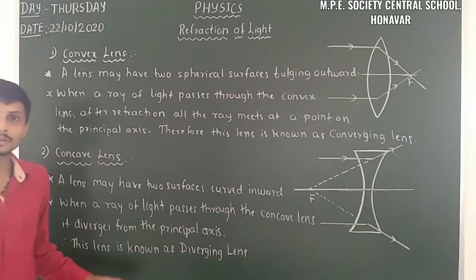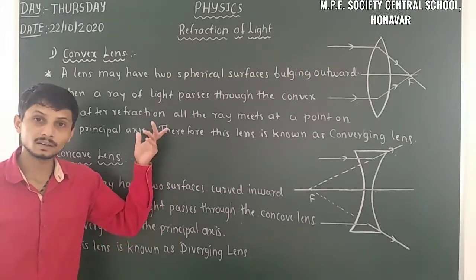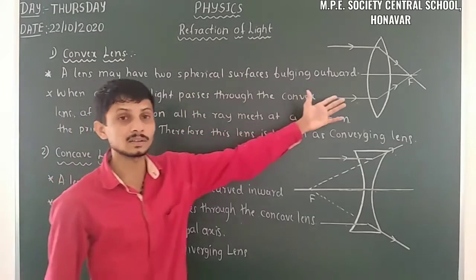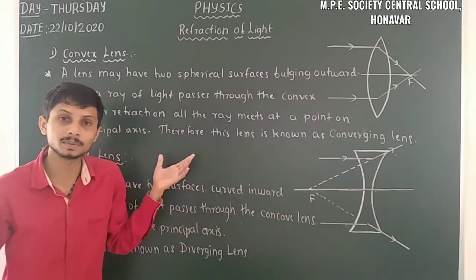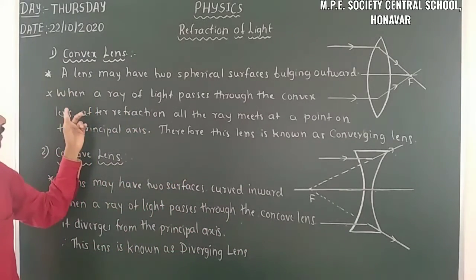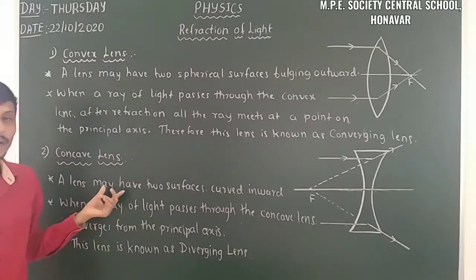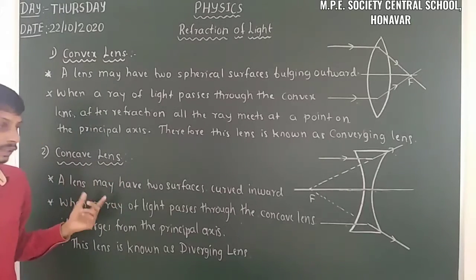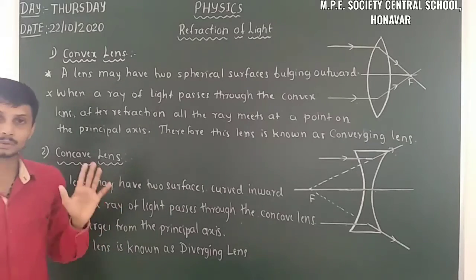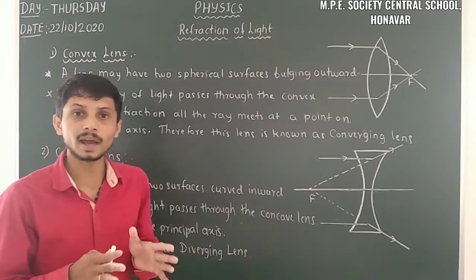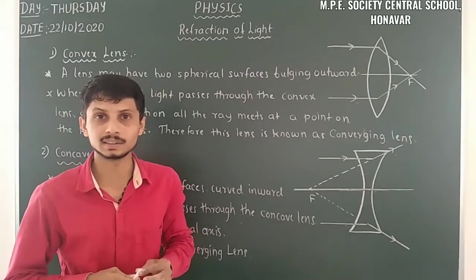So here we have the diverging lens, that means the concave lens, and the convex lens. The behavior of light in convex lens and behavior of light in concave lens has some differences. That is the first difference, the second difference, the third difference, converging lens. And when we have the concave lens, the first, second and third differences are there. You have to write these when we have a question about the difference between convex lens and concave lens.